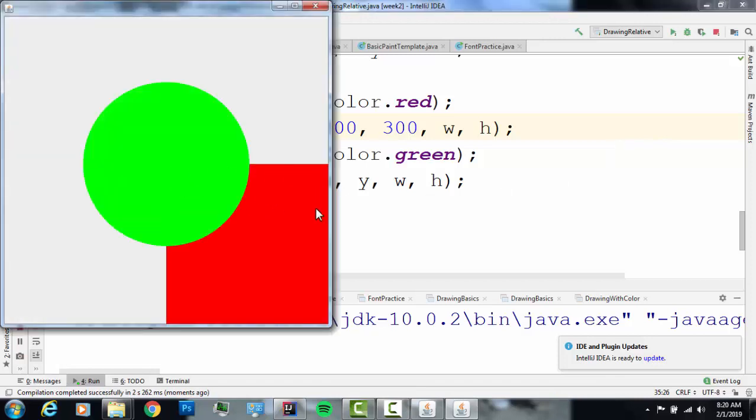So the rectangle gets shifted down. Well, if I want this rectangle to have its center on the center of the frame, I have to figure out how wide that rectangle is, and I need to subtract from the X and Y, thereby shifting them up and to the left. So if my rectangle is 300 by 300, and I want its center to be on the